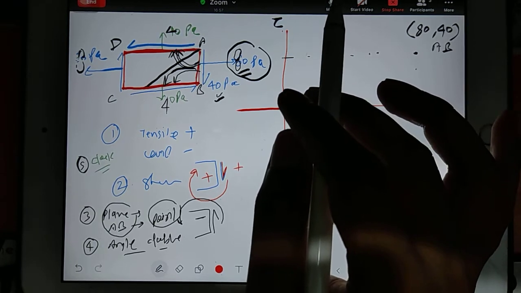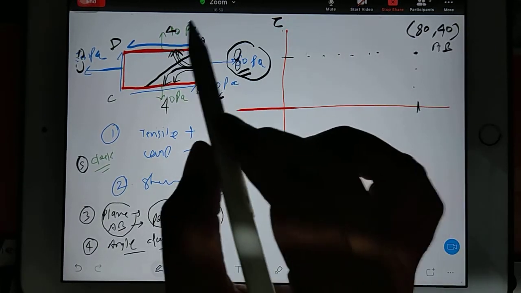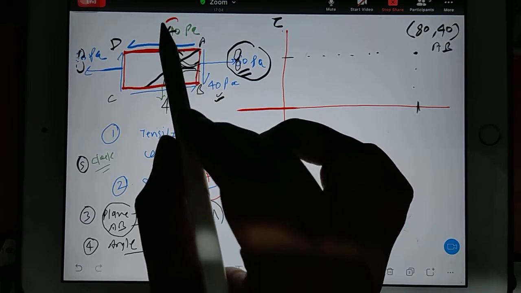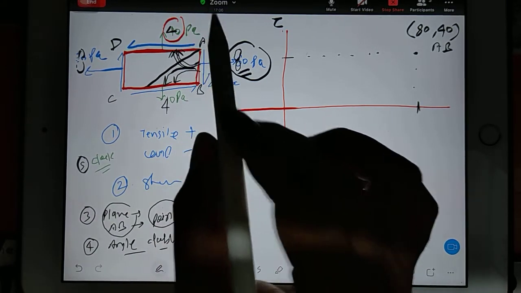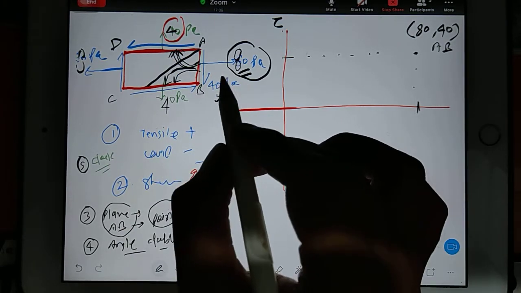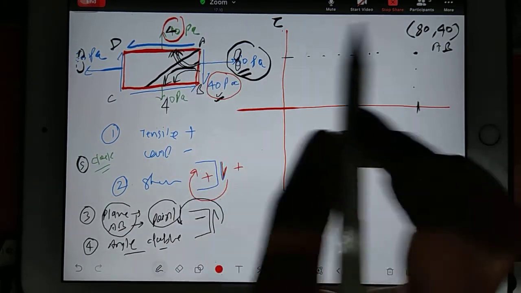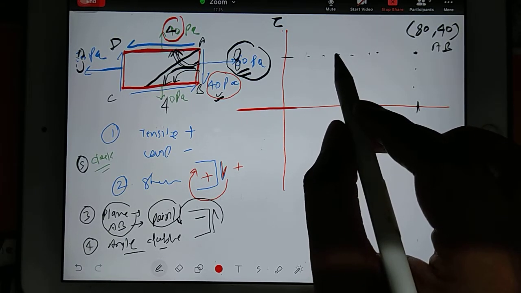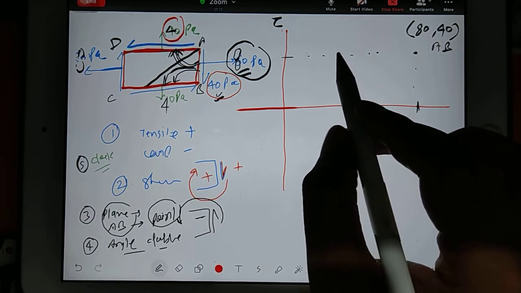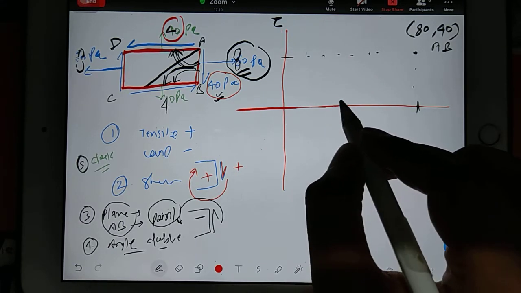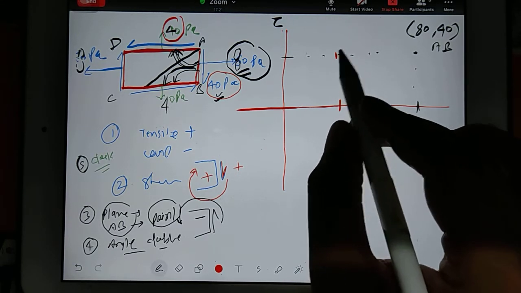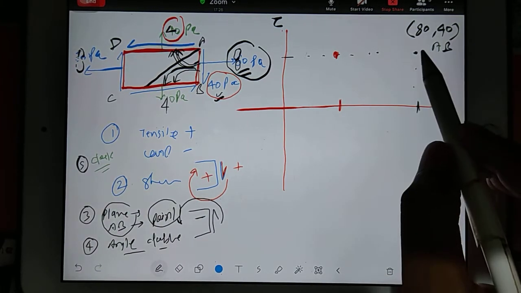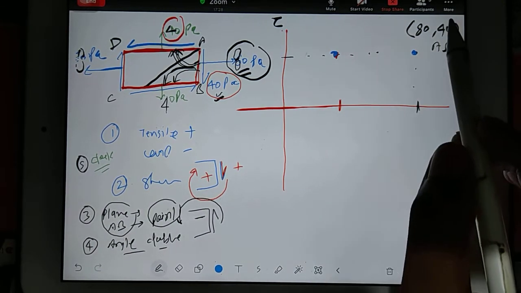Very easy. You have two coordinates. You need your normal stress and you need your shear stress. Okay, so where is your normal stress? That is 40. And how much your shear stress? Shear stress on every plane will be same, so it is 40. So 40, 40 means you can consider somewhere 40 and 40. So you go like this and you go like this. So here you got like this. So now you see your one plane is here and your another plane is here.